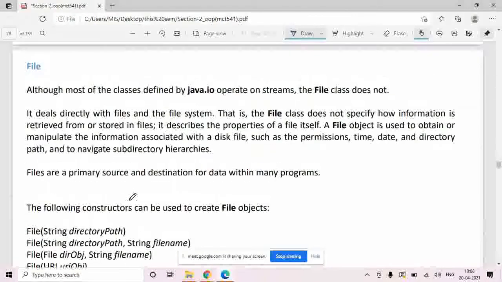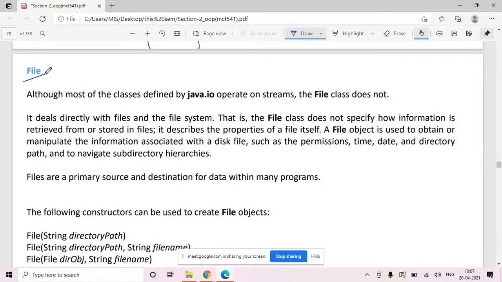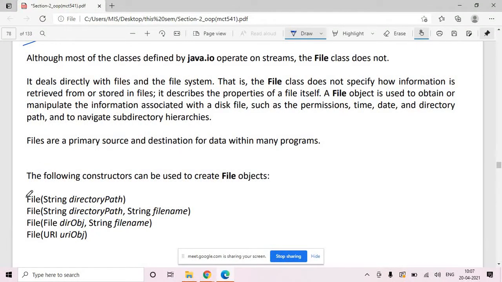Now let us try to understand the new concept, that is file handling. There is a File class. It has these four constructor formats. Out of these four, you can use any File constructor to create your file object. So basically, what is File? The methods in the File class